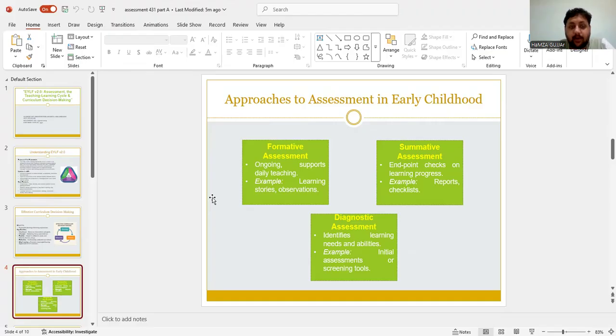The assessment provides information for sharing with parents and educational colleagues about the education and student development. The purpose of diagnostic assessment is to get a deep understanding of how individual children learn, especially with the behavior or development